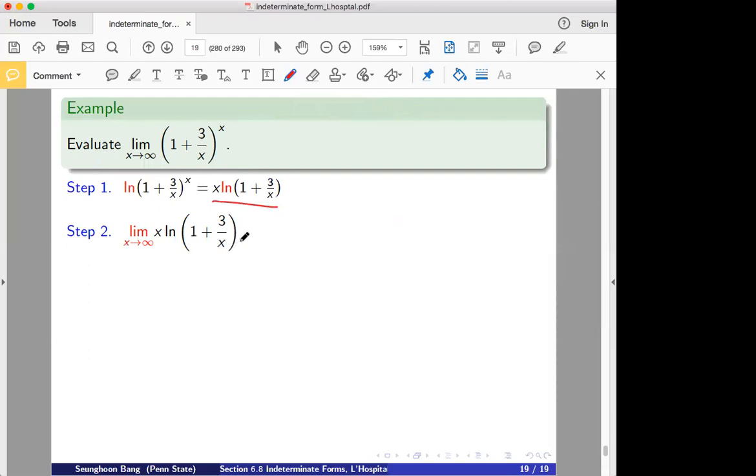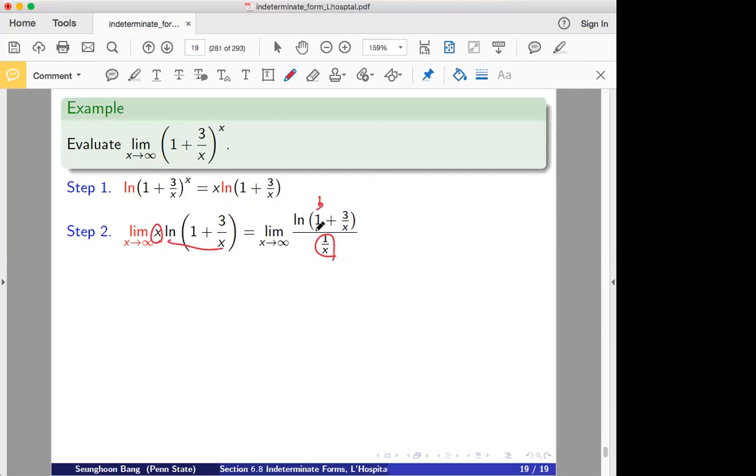So how can you do that? As I said before, the ln function is on top, and x goes to the denominator. You can change the fraction, so the whole ln function is on top and the x goes to the bottom by using the reciprocal. The next step is L'Hopital's rule. Before you take the derivative of the top and the bottom, you have to expand